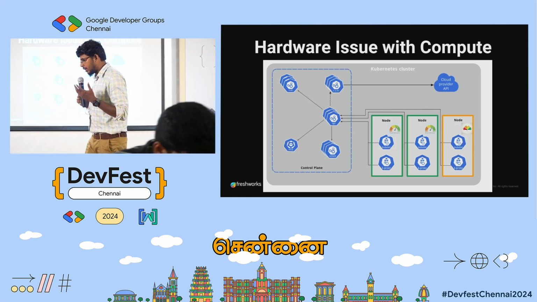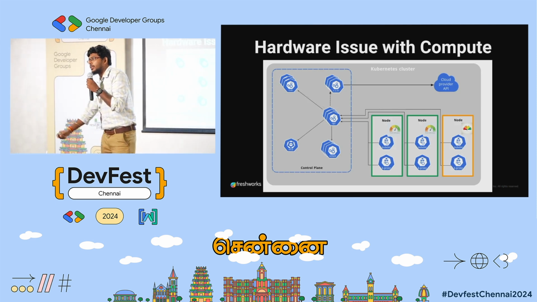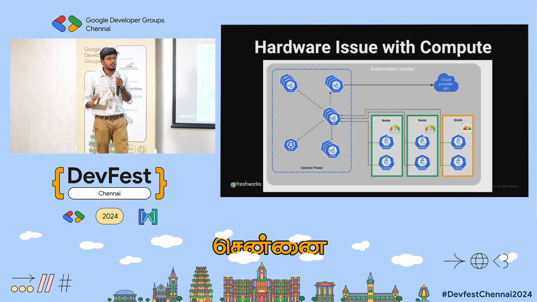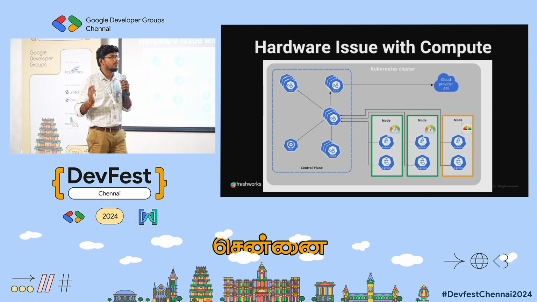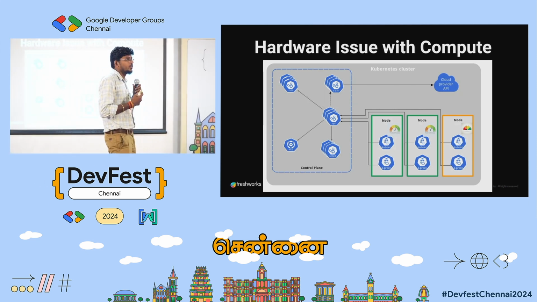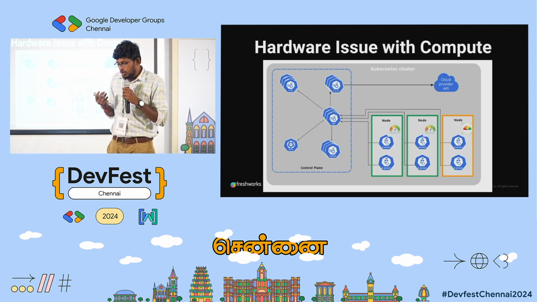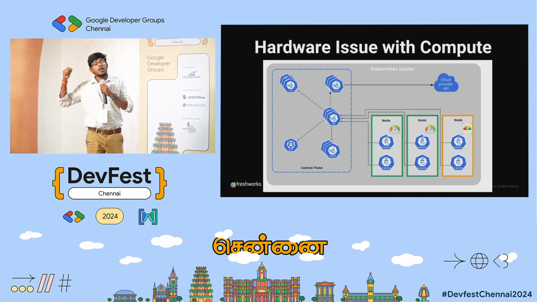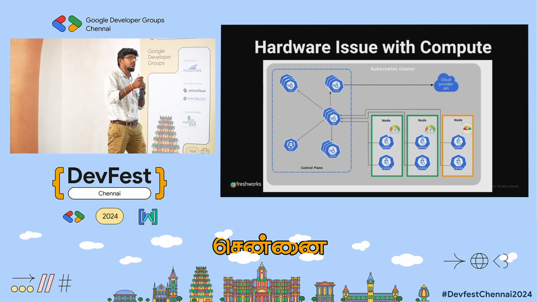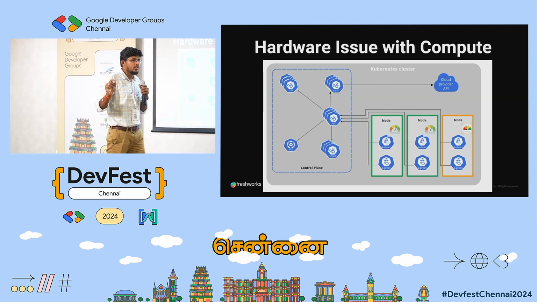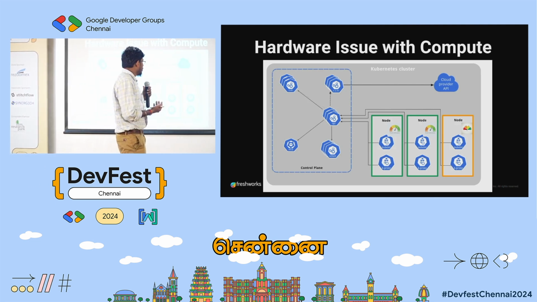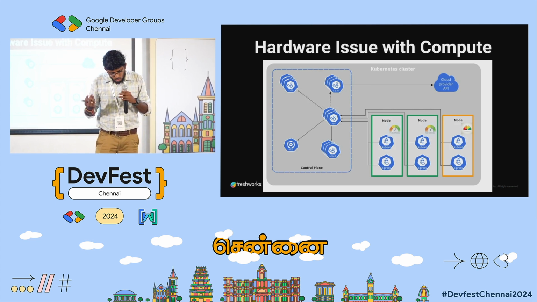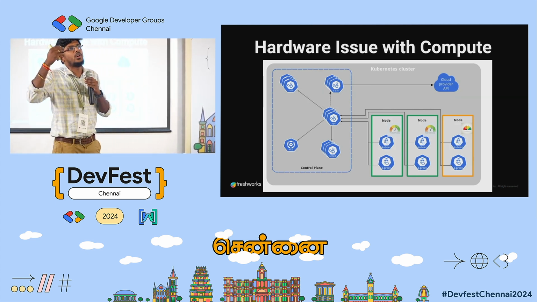Let's take an example here. There are 3 node groups present in our application. Out of these 3, we have 2 node groups which are performing better and 1 node group which has some problem. Let's say these are our application node groups. Out of the 3, there is 1 node group which is performing poorly, which has a certain workload that is right now processing live traffic. This can be due to a compute problem or due to heavy load on the system or anything, right? But it will create impact to our application.